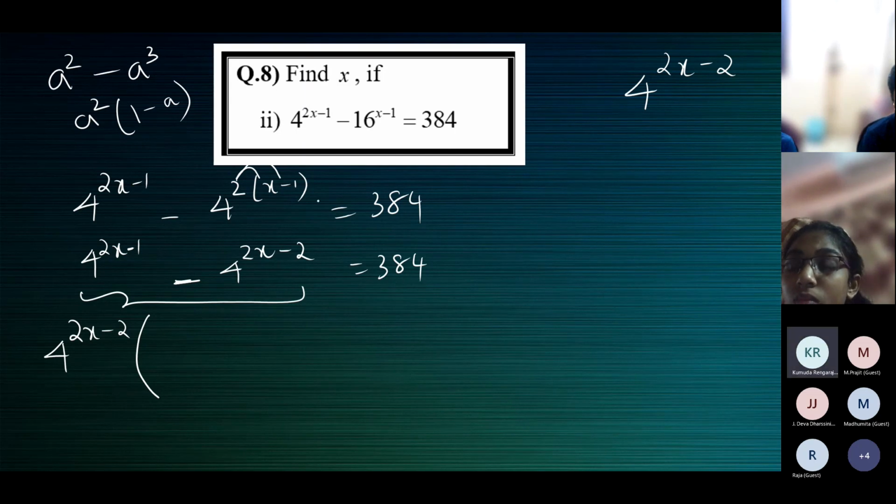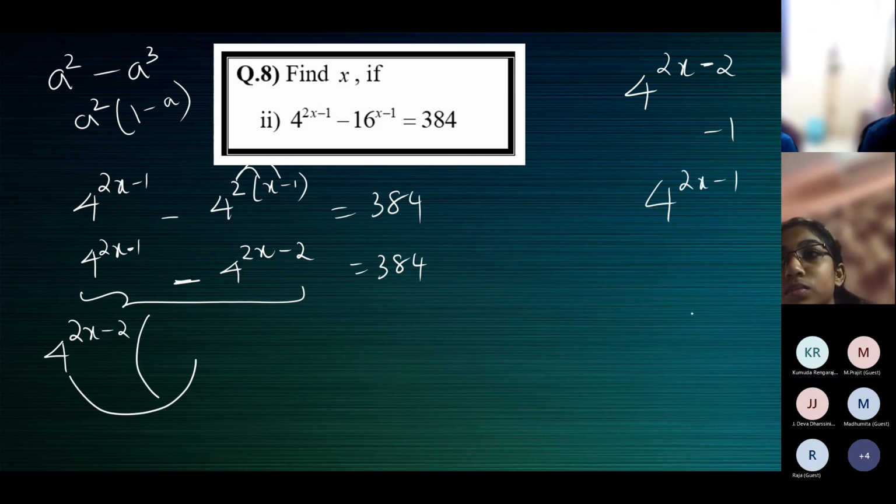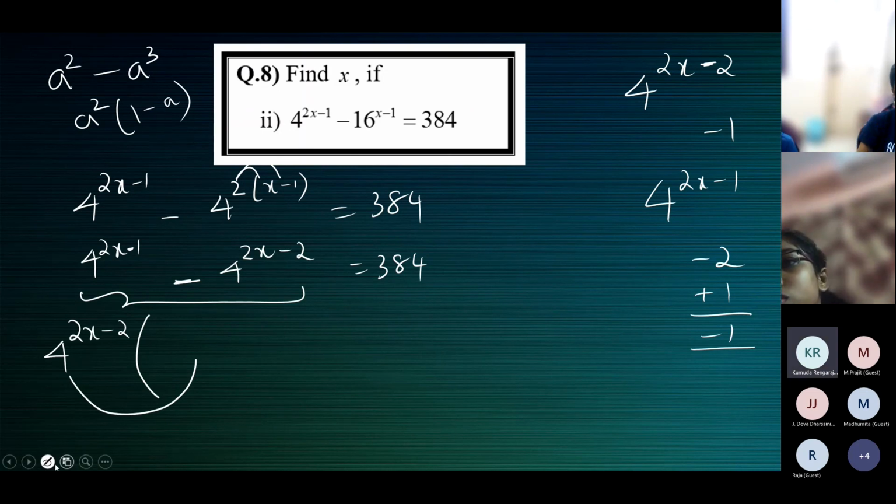Now you want that minus 2 to become minus 1. See here, minus 1 it is. This into what will give you 4 to the power 2x minus 1. So how will minus 2 become minus 1? Minus 2 should become minus 1. That means you should add 1. Minus 2 plus 1 is minus 1. So what you should do is,